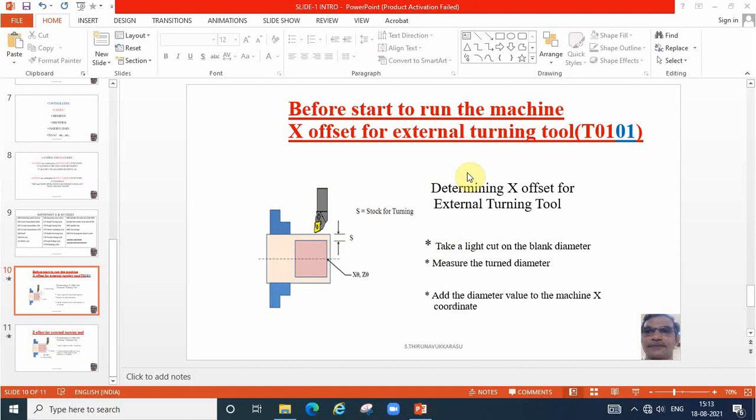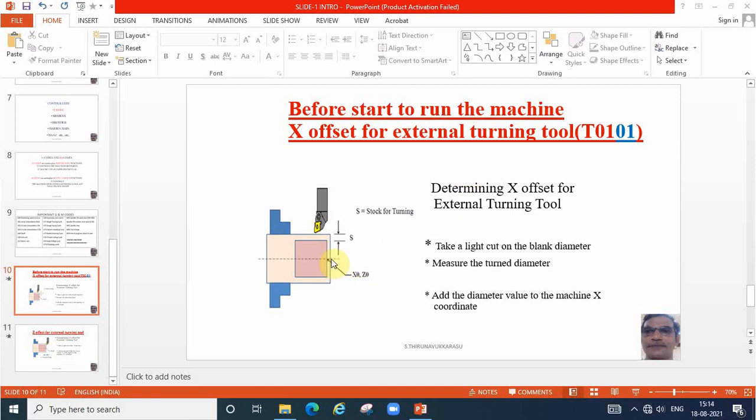The value will become 0. Initially some value will come. You just double click on the particular area. The value will become 0. For X axis, the actual diameter we are entering. For Z, you just double click. The value will become 0 and then save the program. Okay. Now the tool number 1 will know where the X0, Z0 is.